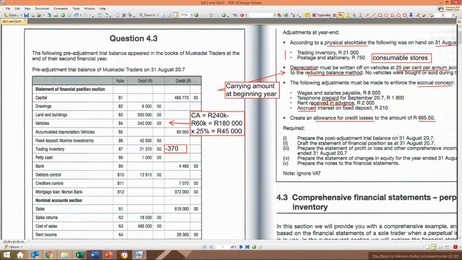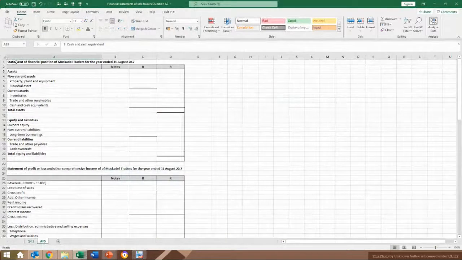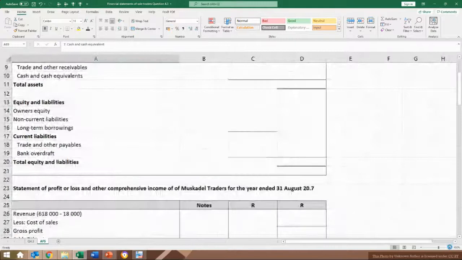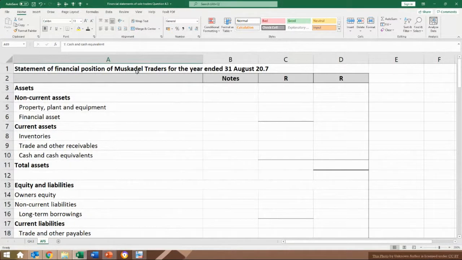Okay. So the first thing they ask us to do is the statement of financial position. Now, to do a statement of financial position, you have to document it like this. So at the top, let me just make it a bit bigger so you guys can see it properly. Okay, so at the top, you would indicate what statement we are busy with. So you state there, it's the statement of financial position. You state for who it is, so of Muscadel Traders, that's the company name,